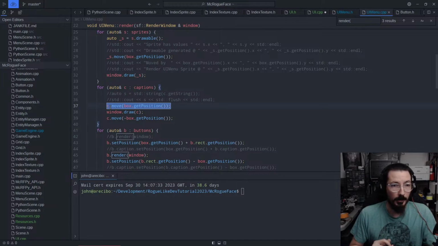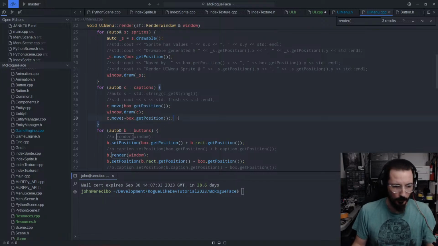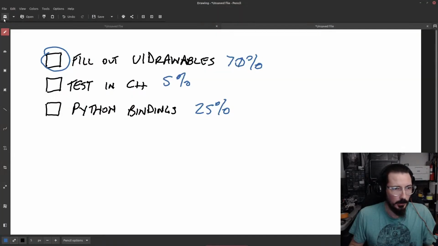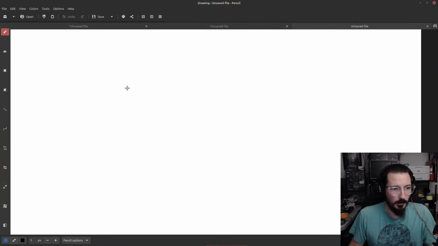But during rendering, we're going to have to move everything by that amount. Basically, here's the problem. Is if we have a box,